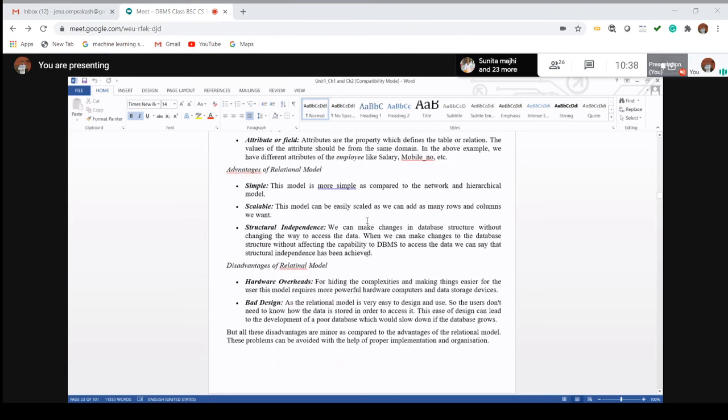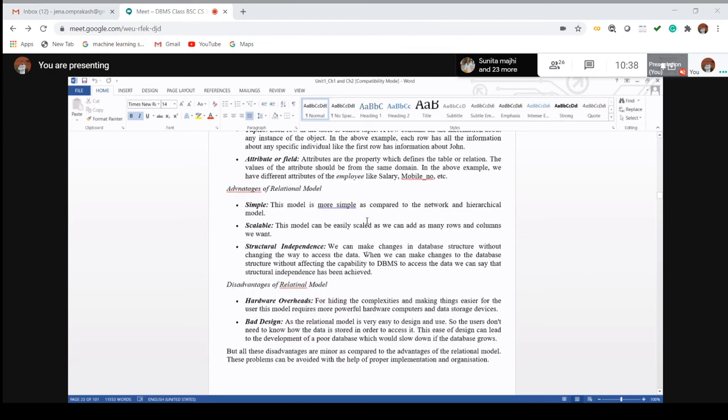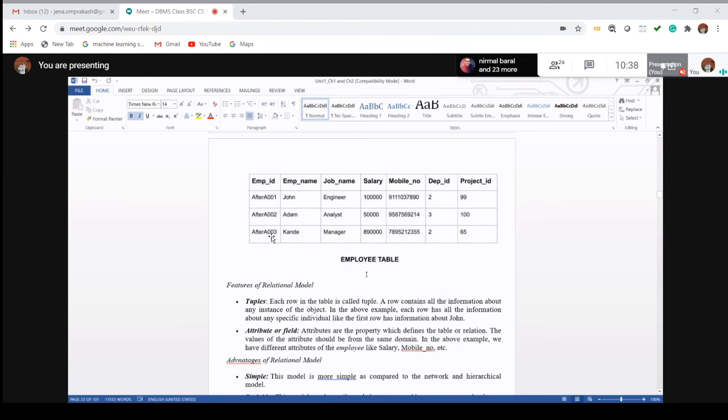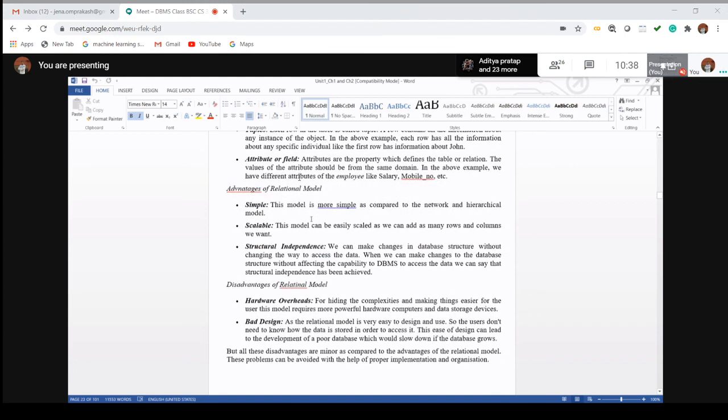Now, what are the disadvantages? The first one is you must have some knowledge about how to construct the table and how to perform some operations. So basic knowledge is required. One person who does not have any core knowledge about programming or the database part cannot use this type of model.